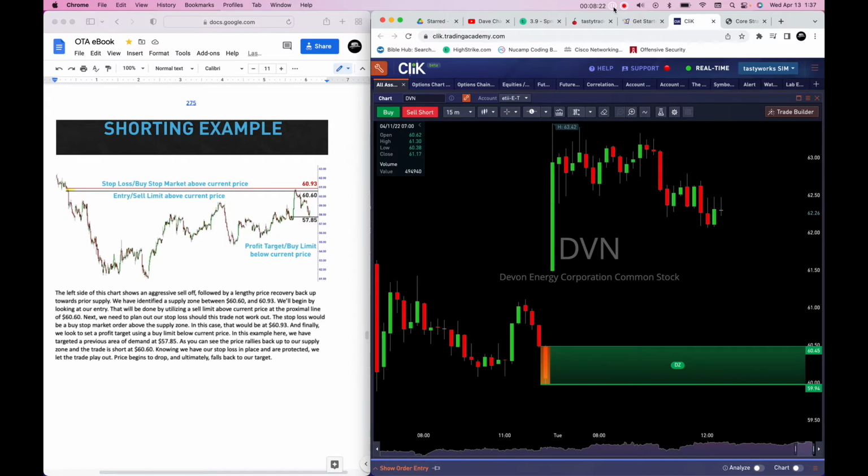Next, we need to plan out our stop loss should this trade not work out. The stop loss would be a buy stop market order above the supply zone. In this case, that would be at $60.93. Finally, we look to set a profit target using a buy limit order below current price. In this example here, we have targeted a previous area of demand at